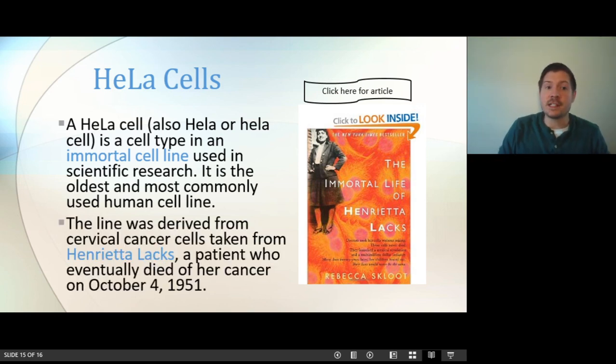These cells are called HeLa cells because they were taken from a patient named Henrietta Lacks. So they took the first 2 letters of first and last name from a tumor from her. And actually, it's a very interesting story: they took these cells without her permission and were using them for decades before her family even knew. If you're interested in that, I would suggest looking at this book, The Immortal Life of Henrietta Lacks, a really interesting story about these kind of cells.